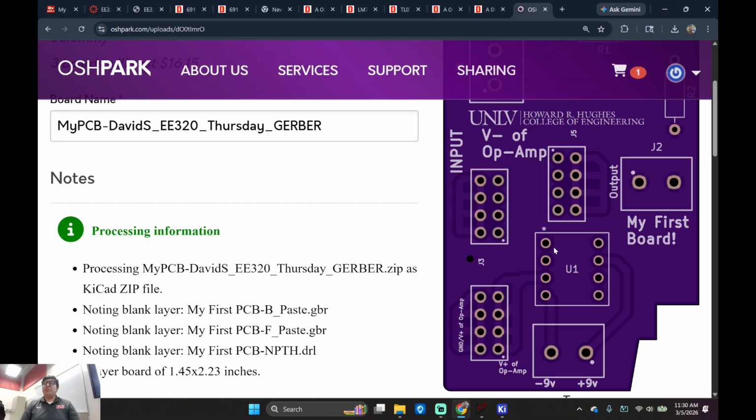Whatever. Okay, so I'm keeping it strict here. Try to keep it the same board. We're doing the simple voltage divider, right? And we're doing the universal op amp, right? Have fun, okay? Make sure you put your name, your partner's name, and my Thursday lab, Lab 5 EE320, because these are boards I'm going to present to the dean, okay?